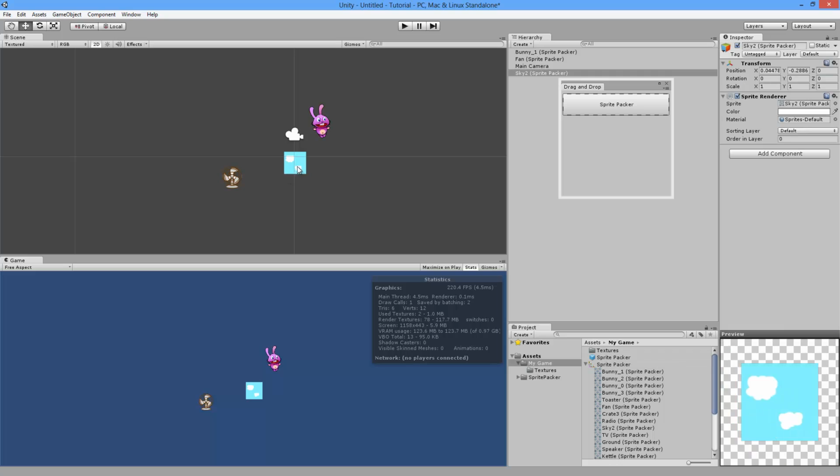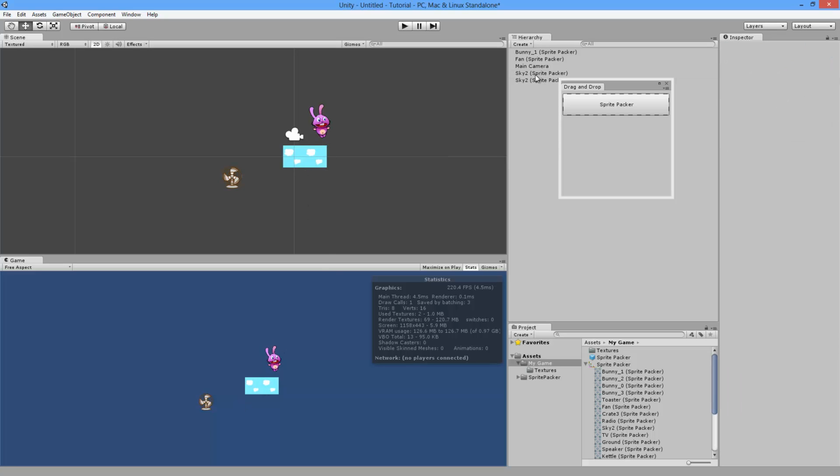So now this sprite here is 1 unit by 1 unit in size. So if we position this at 0, 0, 0, and if we go ahead and duplicate this and position the second one at 1, 0, 0, which is right next to it, you'll notice that it looks fine in the game view, but if we move the camera in a bit,